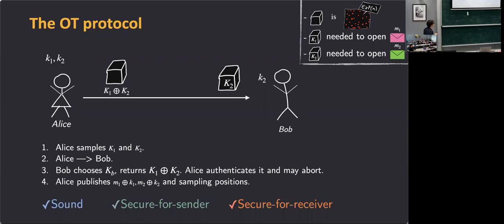So essentially, K1 is needed to learn anything about the first message, and K2 is needed to learn anything about the second message. And if Bob learns something about both messages at the same time, it means that he has both states or something close to both states, and Alice has done the verification that this is the right state. Then it means that there's a lot of redundancy and Bob will have extracted zero free energy out of the system. So this is for the OT protocol.